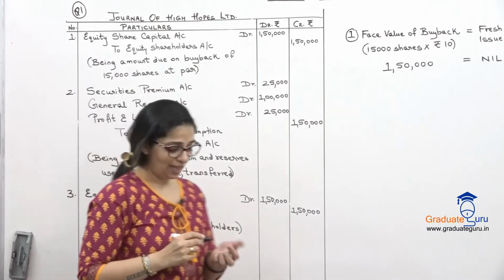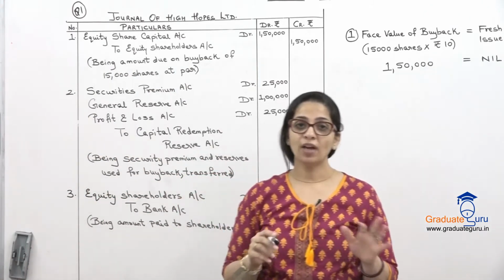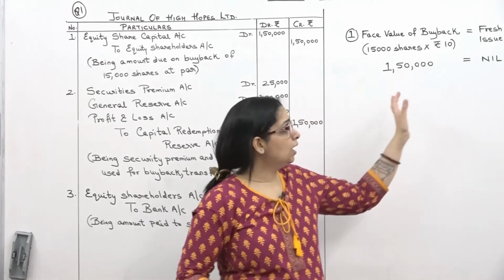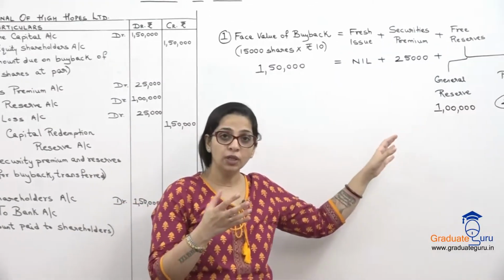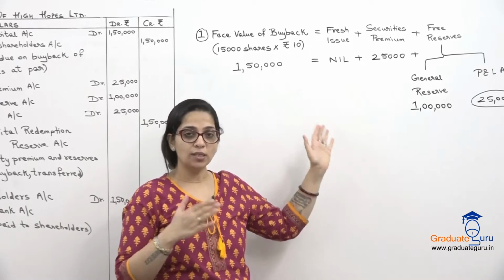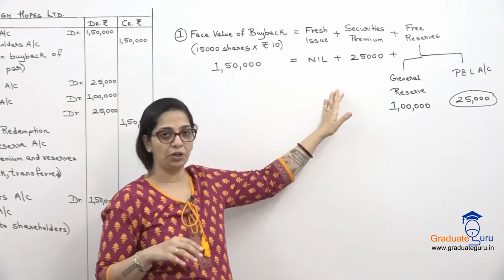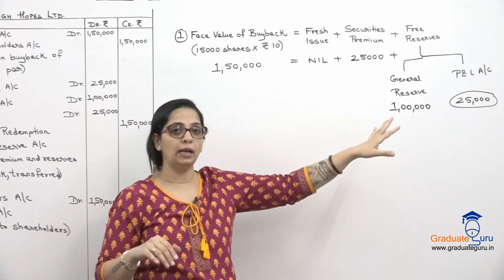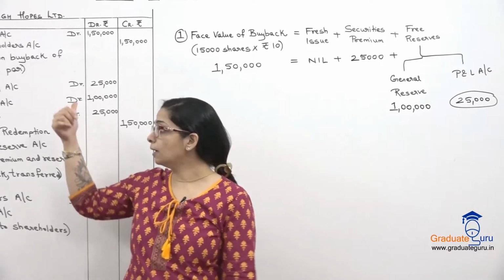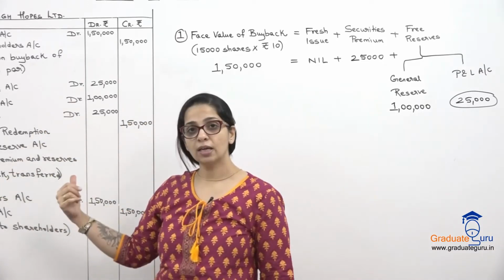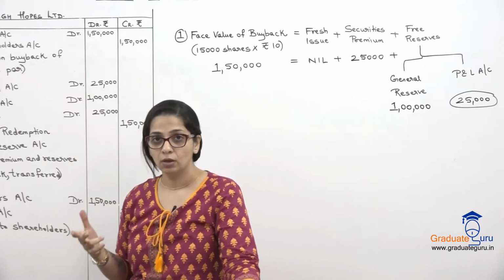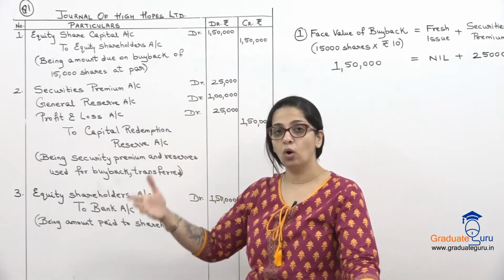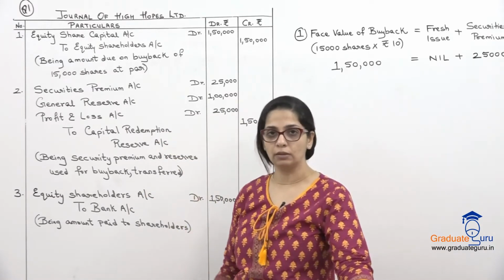Okay, so that's it for this sum. This sum was very simple, everything given to us, not much complication. But you saw how we calculated कि हमें कौन सा reserve कितने amount तक use करना है. So as I told you, the order will generally be always security premium first, then general reserve, और बचा कुछ अगर चाहिए तो P&L पर हम जाएंगे. These are the basic entries. ये तीन जो entries है वो हर sum में आएगी ही. So first you need to take this down and then we go on to another sum which is slightly more complicated.